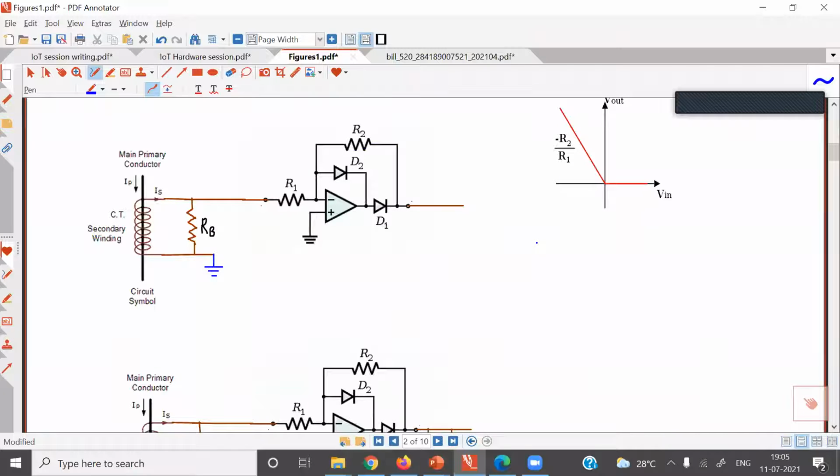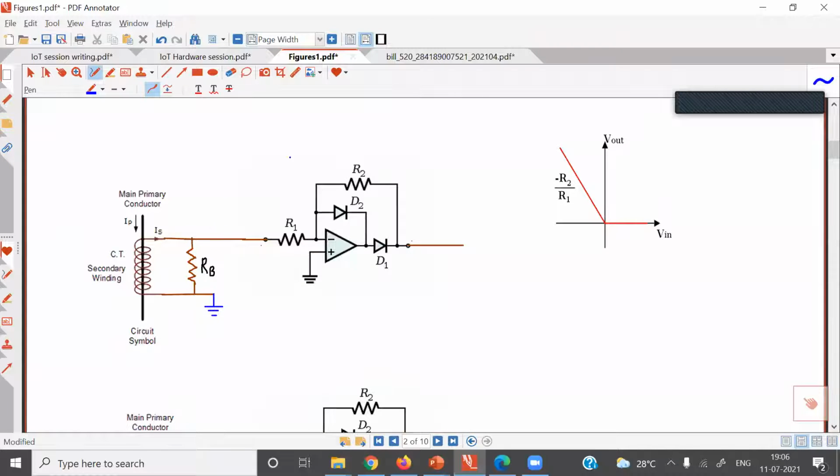Another circuit is using a precision half wave rectifier. Usually we go for this circuit when the output voltage across the CT coil is below 5 volt. For example, if the output voltage of the CT is 2 volt, 3 volt, 4 volt or something like 5 volt, then go for this circuit. So it is a precision half wave rectifier. The output coming across the CT coil is AC. During the negative half cycle, at the output of this op amp, we get positive voltage. It is in inverting mode.